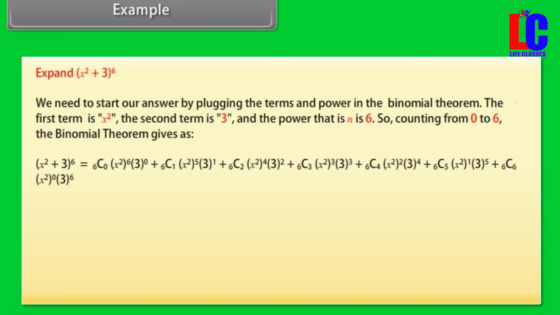into 3 raised to power 1 plus 6C2 into (x²)^4 into 3^2 plus 6C3 into (x²)^3 into 3^3 plus 6C4 into (x²)^2 into 3^4 plus 6C5 into (x²)^1 into 3^5 plus 6C6 into (x²)^0 into 3^6. After simplification, we get